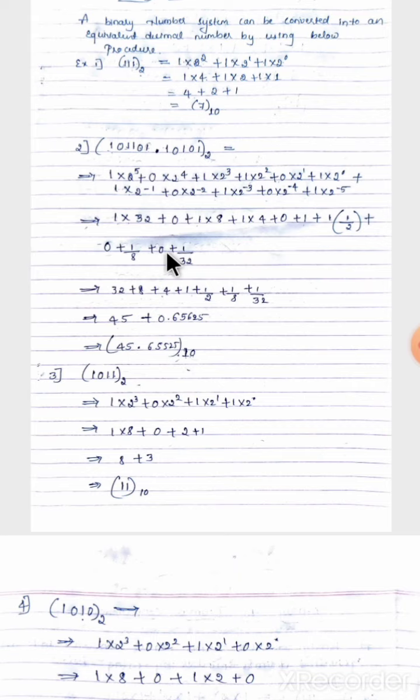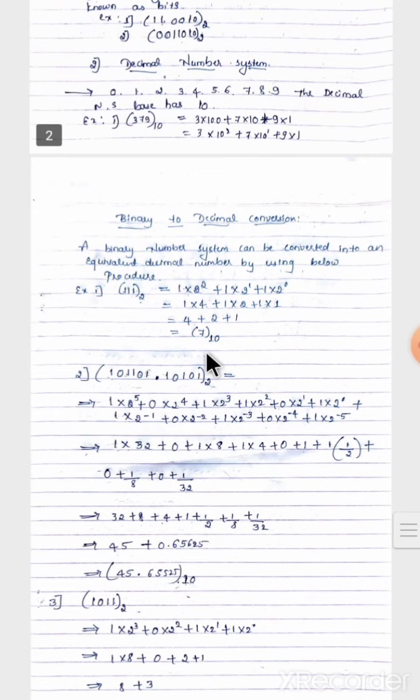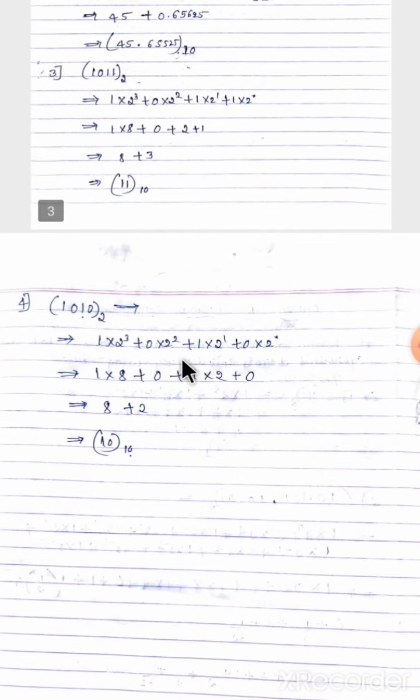Okay, next a simple calculation is there. Calculate and write base as 10. That is the conversion of this binary number to decimal. And simple 2 examples are there. Okay, in this class we learned about the conversion of binary to decimal. Okay, from the next class onwards we will discuss how to convert decimal to binary. Okay, this class is clear now. Thank you.